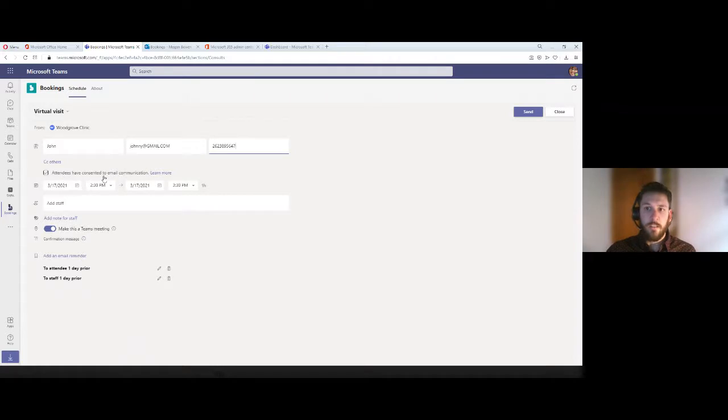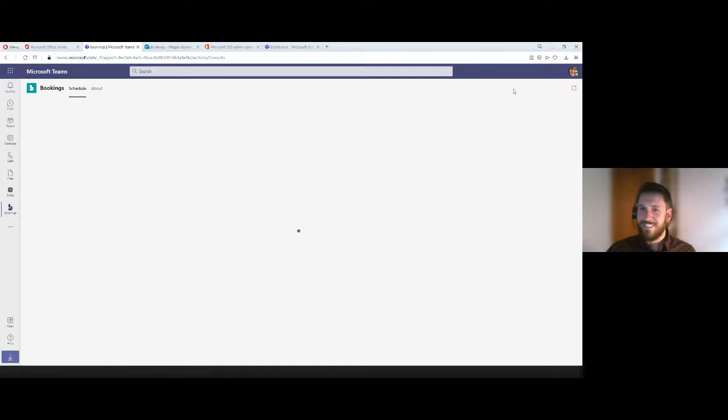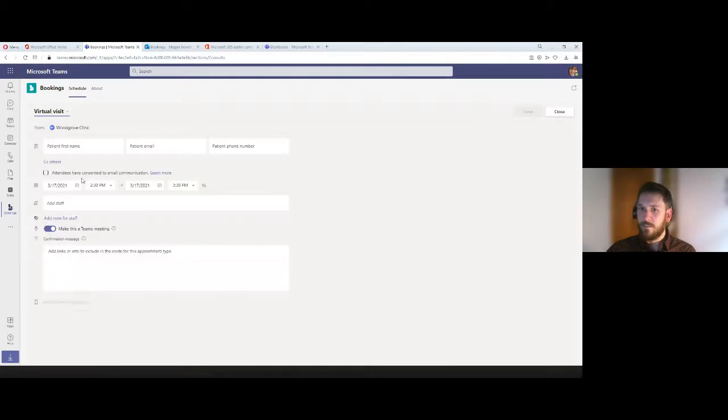And then you can mark off different flags, right? So we have a flag here for attendees have consented to email communication if that's appropriate. Oops, I apologize. We're getting an error message in our demo. So when you go into, it does not want to show me that right now. Okay, there we go. So when you go in and you add this and you set up a calendar invite